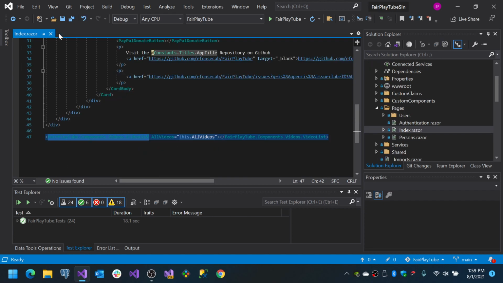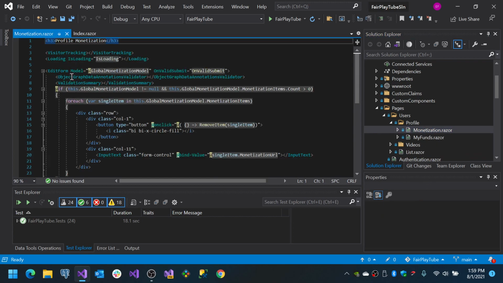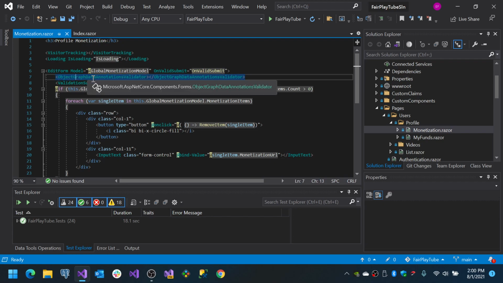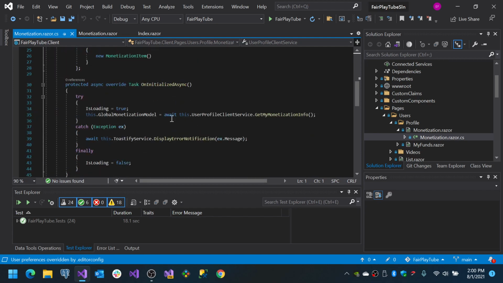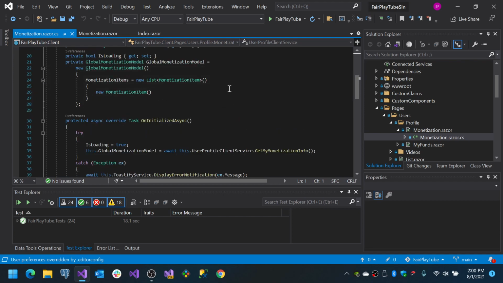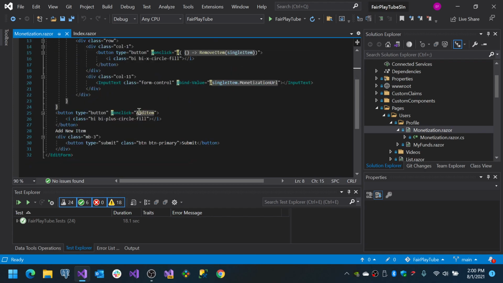So those are the components, and then you will have the other pages like the profile page. This is the monetization page. We have the object graph data annotation validator, and we are using it because that allows you to validate complex types, right? So if you were to have a complex type which has a lot of properties, compound properties, a hierarchy, you will need to use the object graph annotations validator, right? Then the validation summary,